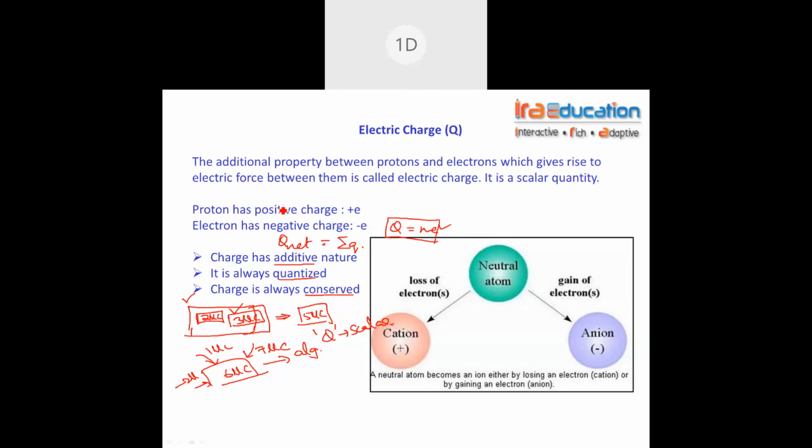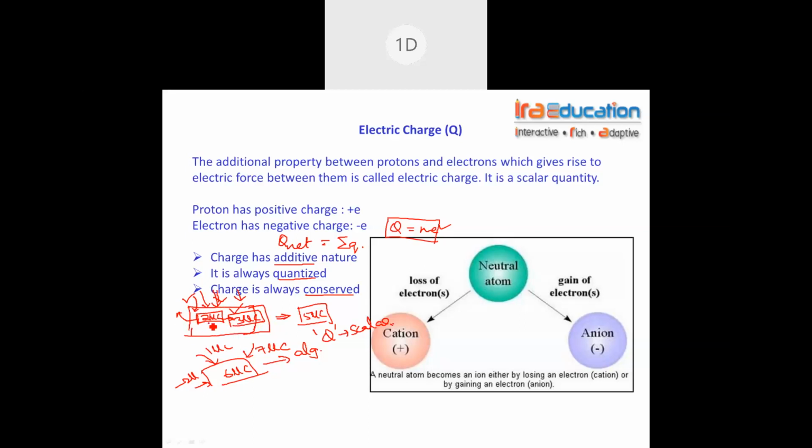Right. Charge is always conserved. What is the meaning of conservation of charges? I will again go back to this example. Please look at this one. So what's happening is this is an isolated system. Isolated means these charges can interact with the charges that are inside the system only. You can't interact with the charges from outside. Neither do these charges go outside. I'm saying outside charges can't enter, neither can these interact with outside. So the only thing is you have to interact with the charges which are inside that particular system.